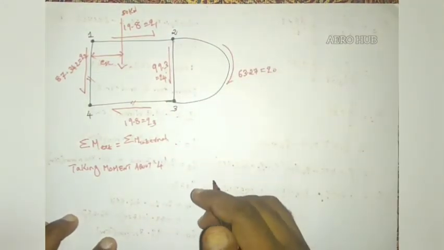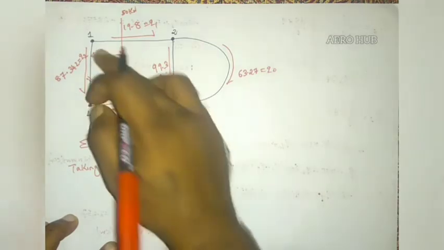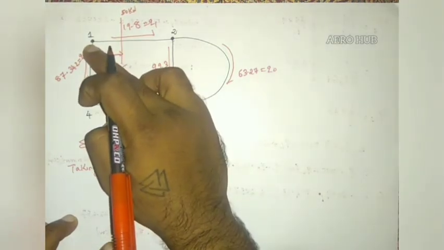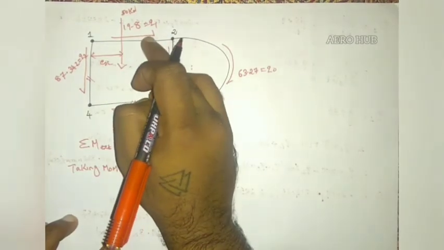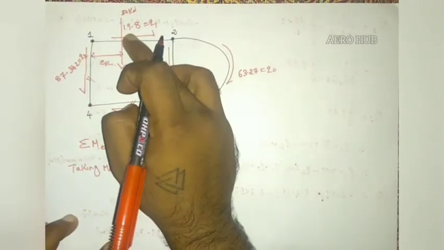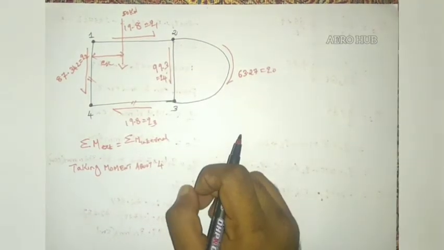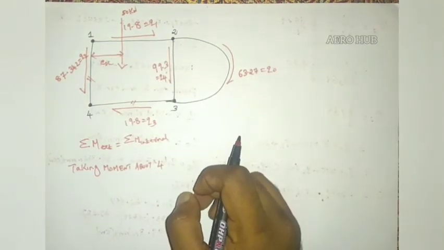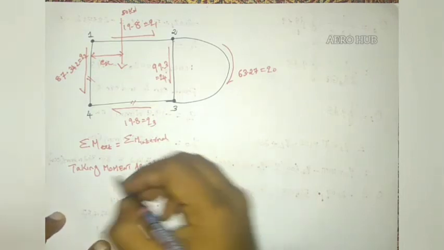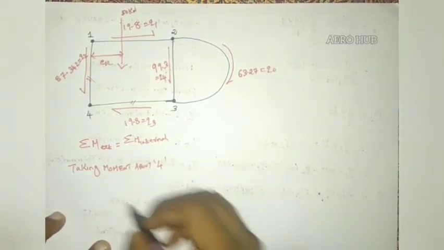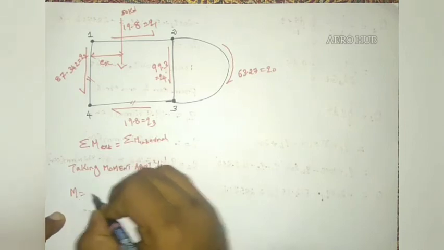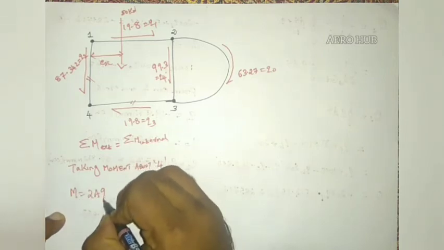Okay, and you have to also understand that when we have a section which is having boom areas, the shear flow will be constant between the boom areas. You can see that for portion 1, 2, the shear flow is constant between these two booms 1 and 2, that is 19.8, in clockwise direction. So the moment produced by a constant shear flow, M will be equal to 2 times the area enclosed into Q.